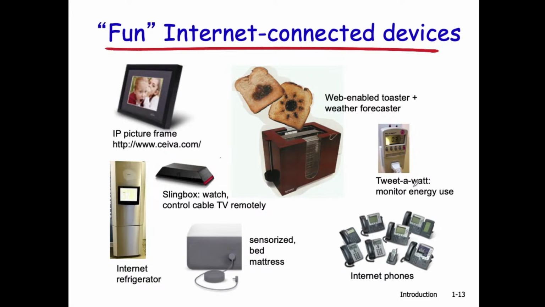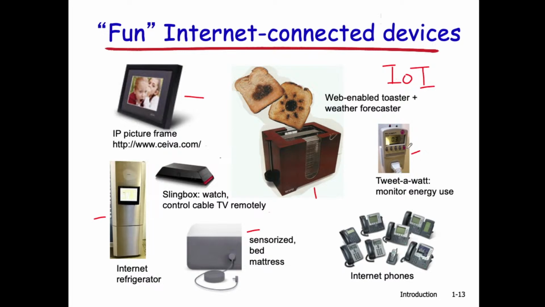But nowadays, if you go to electronic shops, if you do a little bit of shopping on Amazon or PC Home, you see there is a new generation of things coming along, and they can all be connected to the internet. They're called IoT, the Internet of Things. Yeah, things is a very general term because these things don't have a specific form. So they could be an internet-capable toaster, internet-capable power meter, internet-capable mattress, internet-capable fridge. And this is a picture frame.